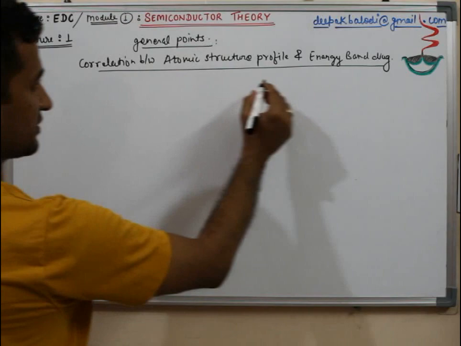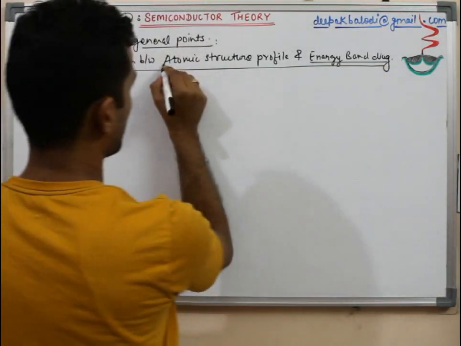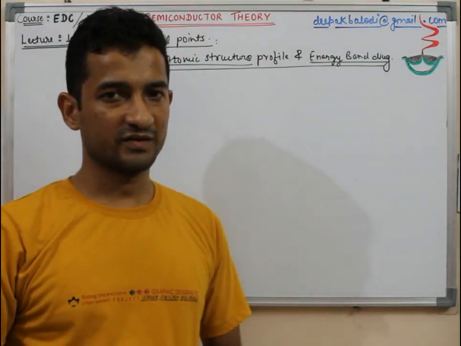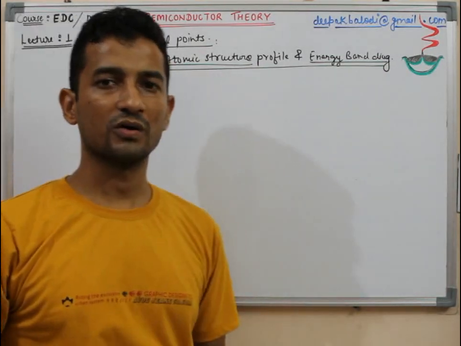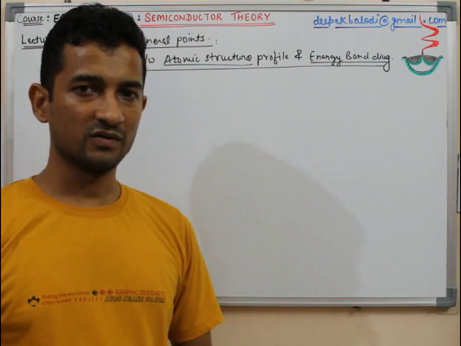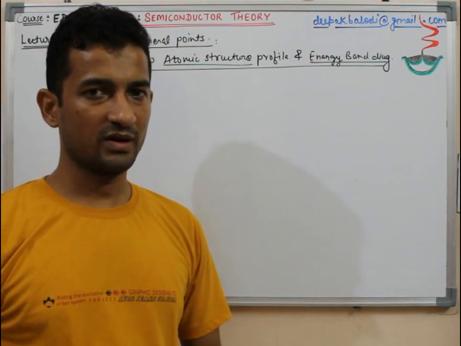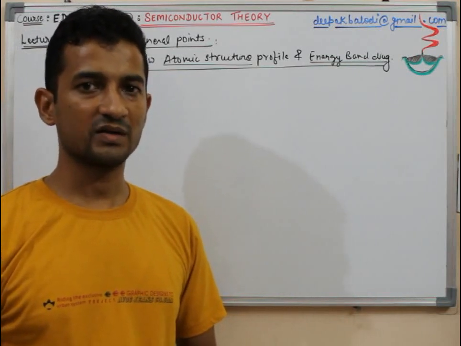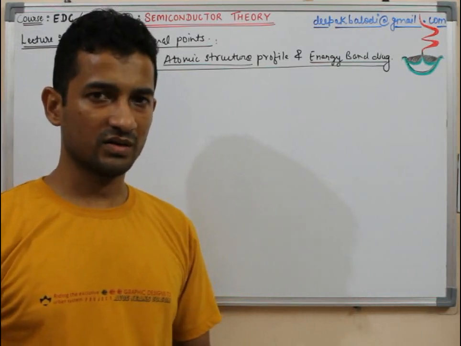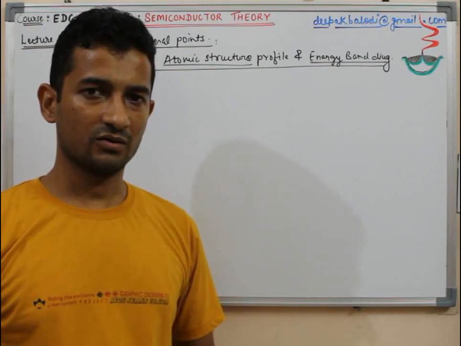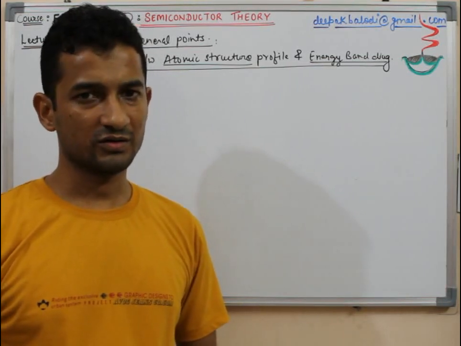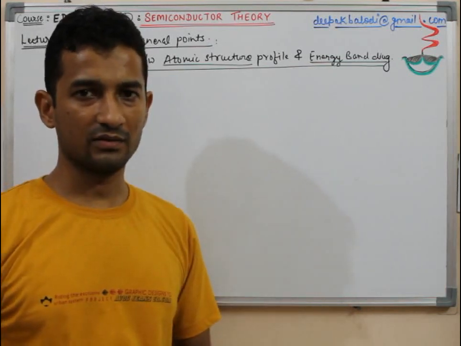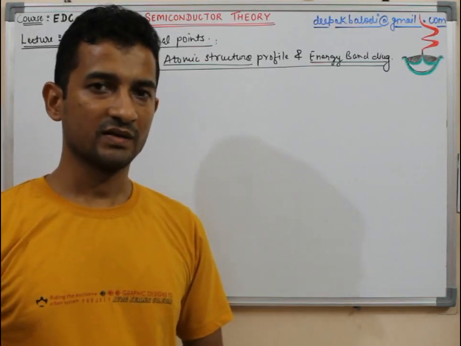So generally this energy band diagram or atomic structure which we are going to correlate are generally meant for semiconductors. As this whole course or this whole chapter revolves around semiconductors, whatever diagram we are going to see here is strictly for semiconductors, but some modifications of them could also be understood for some conductors or some insulators. But in a detailed sense this is only applicable for semiconductors.